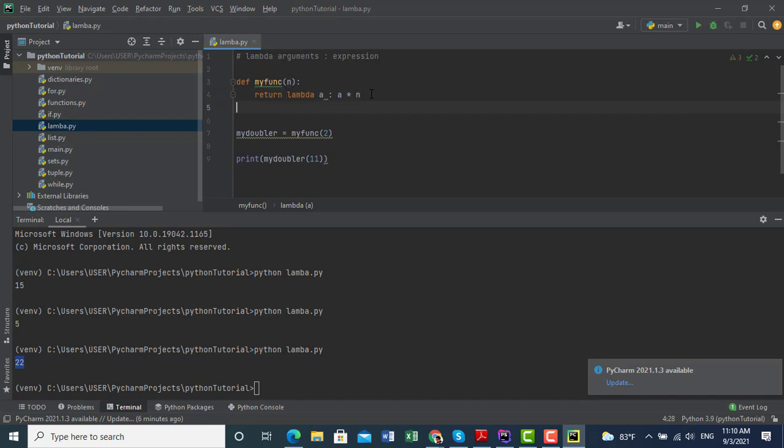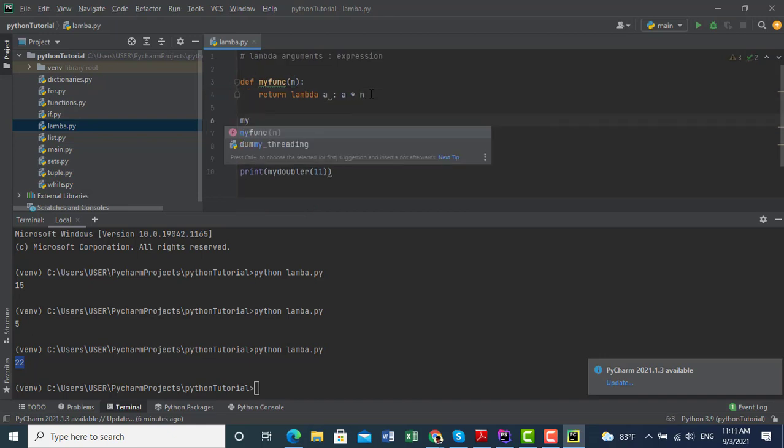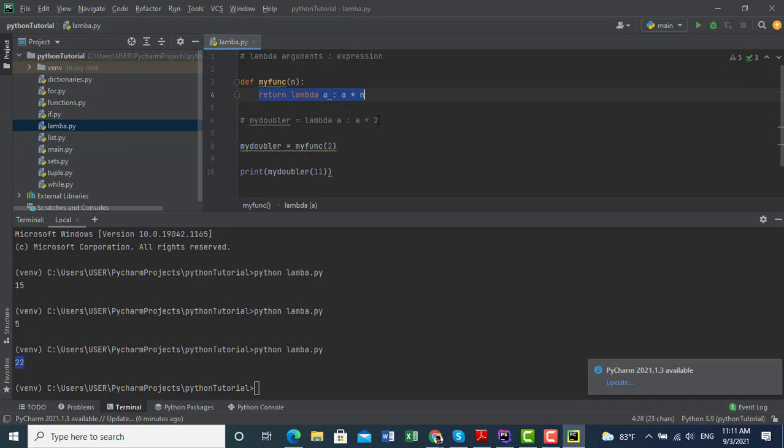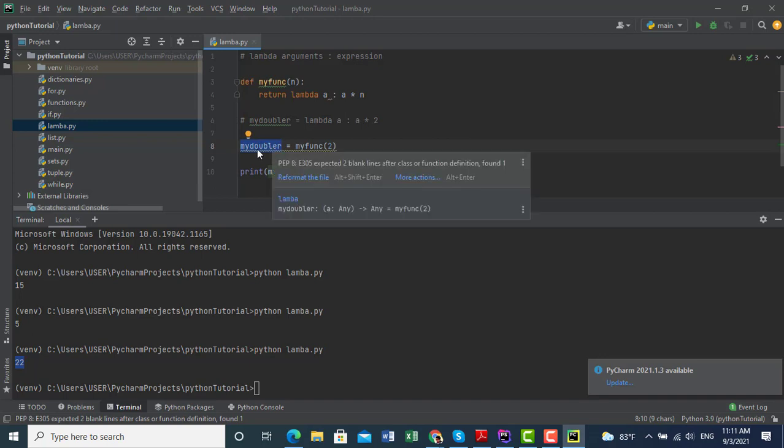The returned lambda function is just like this: my doubler is equal to lambda a: a multiplied by 2. The returned lambda function is just like this. That is caught by my doubler variable.